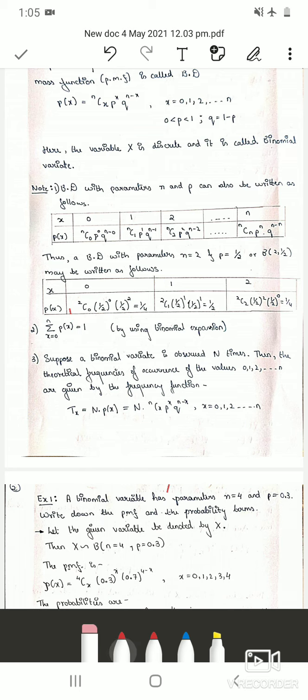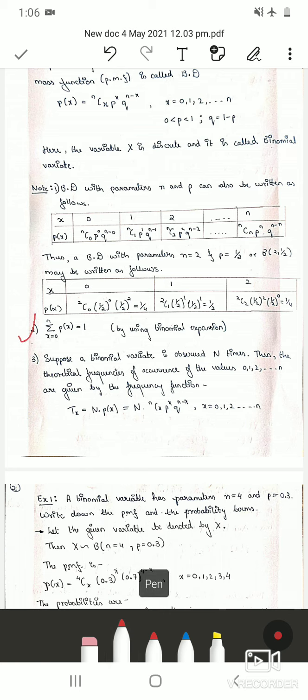So next, when x is 1, again in a similar way just substitute wherever x is there, put it as 1. Then calculate 2C1. Then it is 0.5 into 0.5, we will get 1 by 2. Similarly, when x is 2, you will get P of x as 1 by 4. So you try this and see if P of x is 1 by 4, 1 by 2 and 1 by 4 for x equal to 0, 1 and 2.